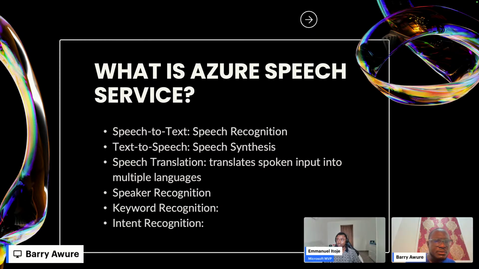Can I use Streamlit for the app and integrate Azure Foundry features? Yeah, if you want to use Streamlit for the app, right? It all depends. You can integrate it with the API, right? So basically, it's just APIs.